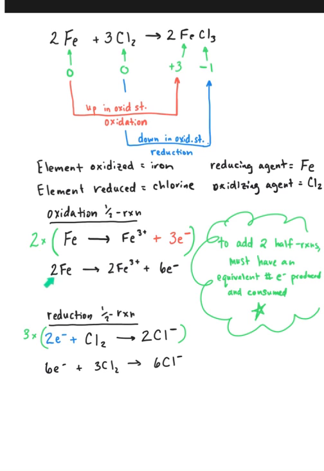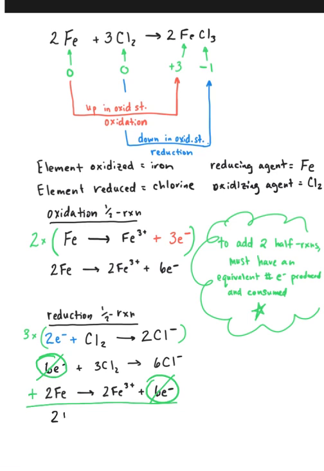And it's going to be these 2 reactions that we add together to get an overall reaction. I'll take this whole reaction here, now with an appropriate number of electrons, and add it to this reaction for reduction. When we add these 2 reactions together, the numbers of electrons being the same on opposite sides of a reaction arrow cancel out. And what we're left with at the end are 2 irons plus 3 chlorines produce 2 iron 3+ cations